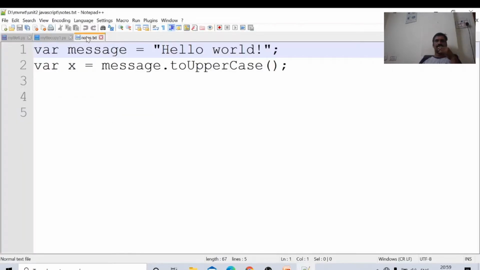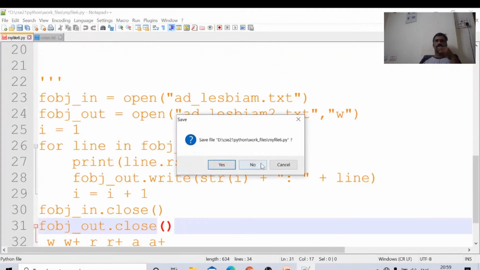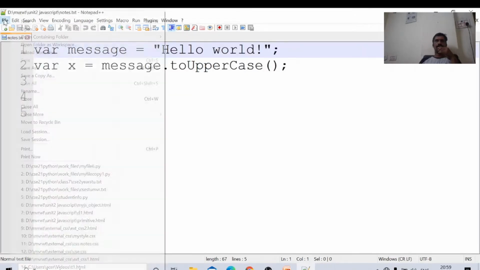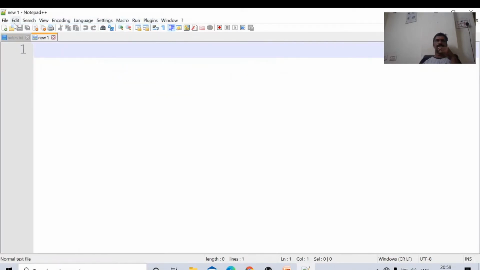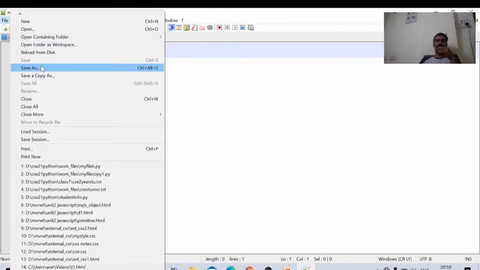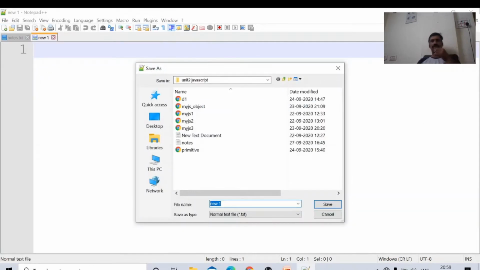I am creating a new file for the first time. The first thing we have to do is save as. I am giving the name of the file as screen output SO1.